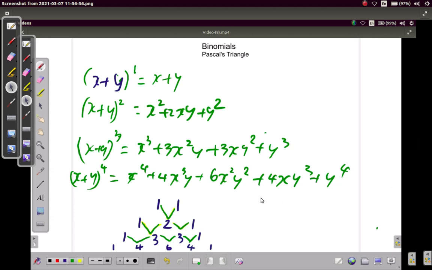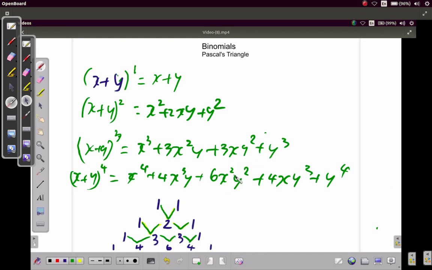Alright? And we saw that the coefficients, the numbers that multiply x and y, were 1 and 1. So you had 1x, then 1y. Then 1x squared, 2xy, and then 1y squared. And you saw that 1 plus 1 gives you 2. Then you had 1x cubed, plus 3x squared y, which is this 3, plus 3xy squared, which is this 3, plus 1y cubed, which is